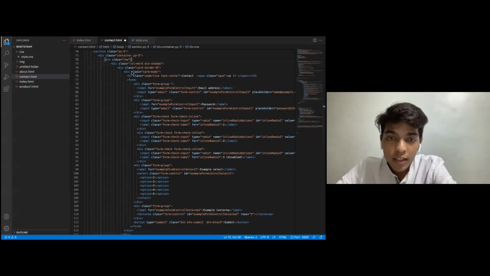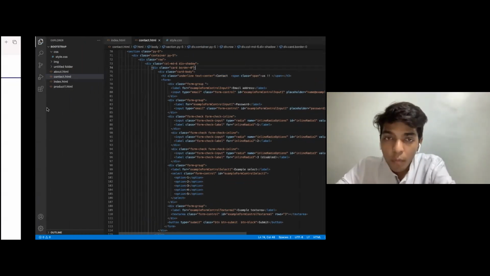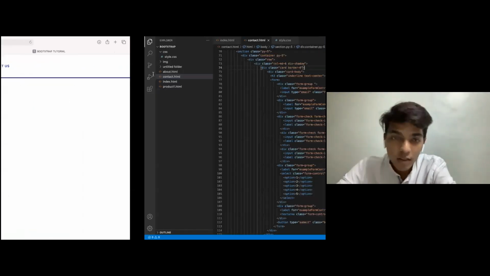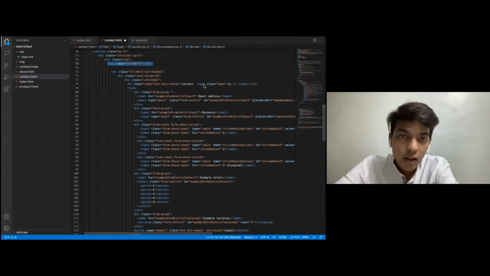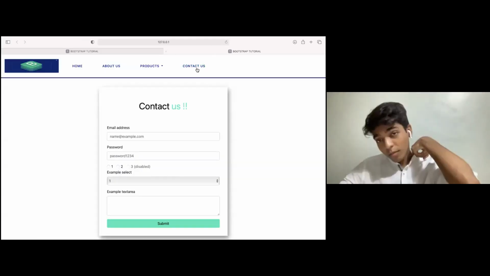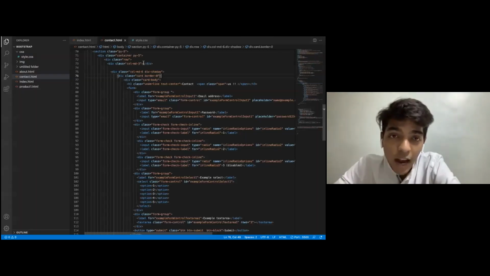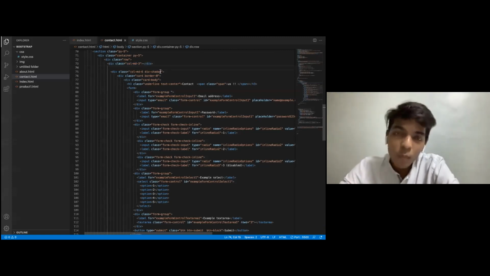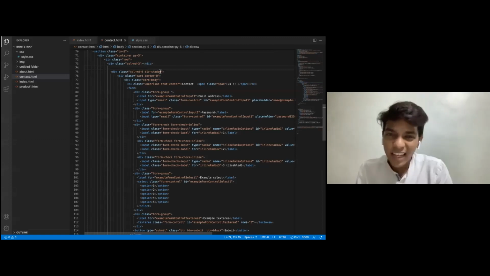Then there is a column of md-6. What this means is that md-6 represents a column of 6 parts, and it is in the center, and when it is in md, you need to shrink it accordingly. Actually, we have given a live server. Now I got to know that we had used this column md-3 and assigned nothing to it, so that the column md-6 form that we have used could be in the center of the room.